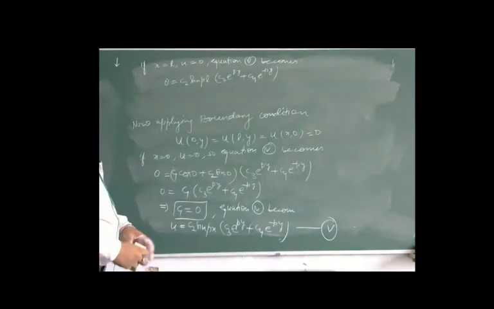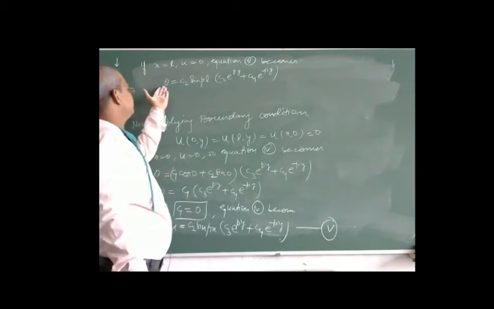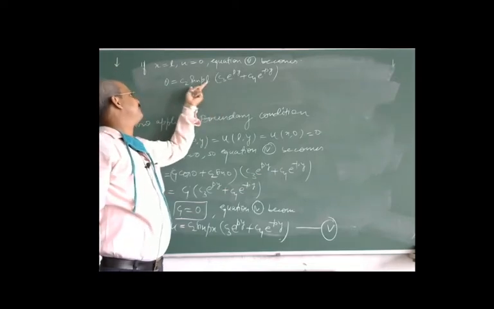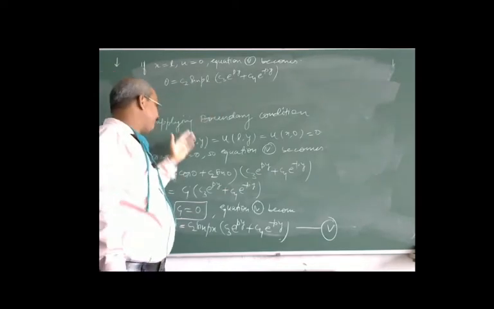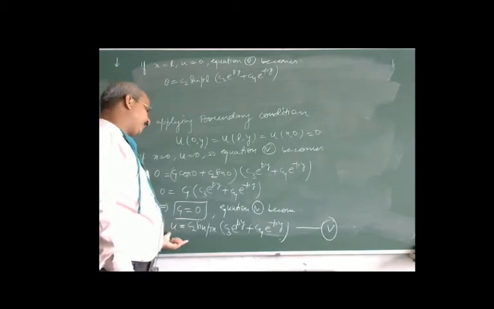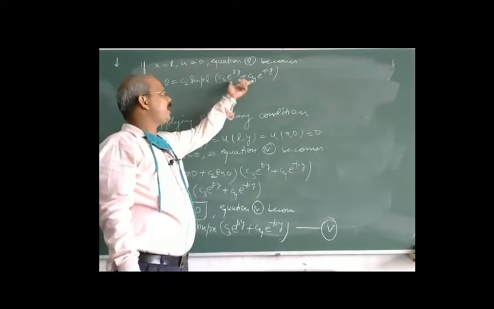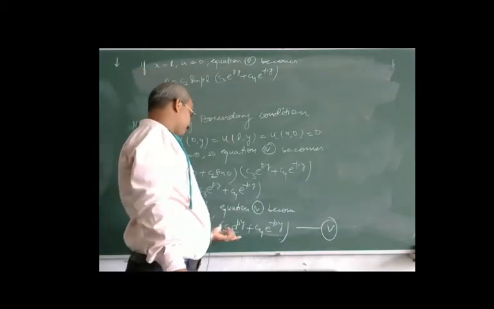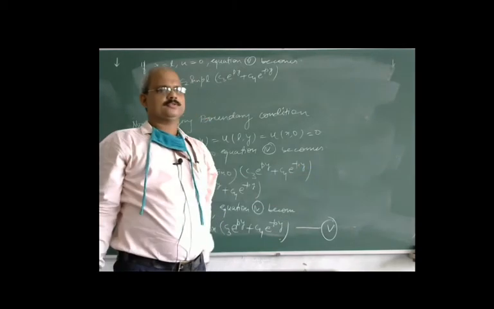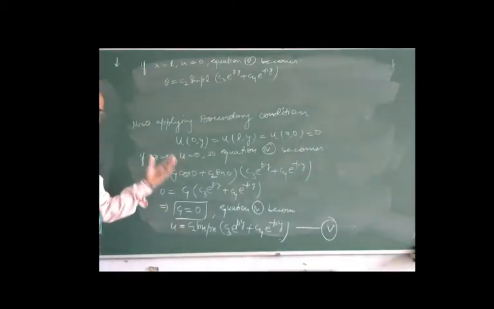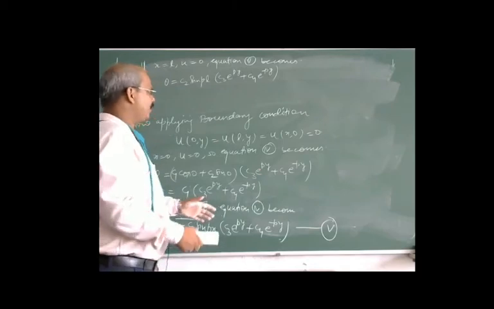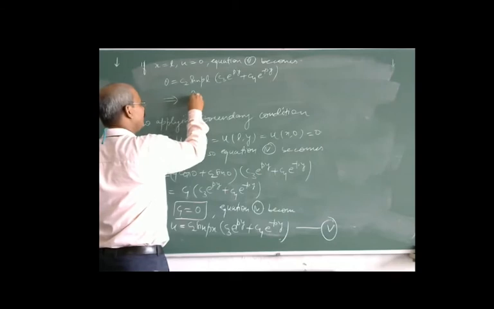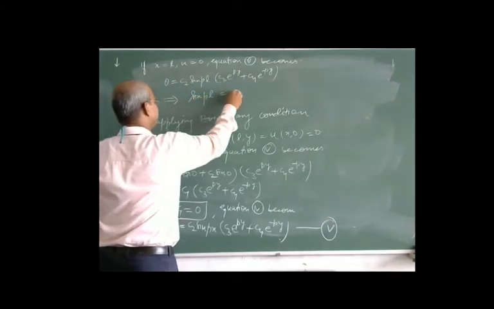Now from here, the left hand side is 0 and it is the product of these three. So C2 cannot be 0, because whenever C2 becomes 0, the whole of equation 5 becomes 0. This can't be 0 either, because after putting the value, this equal to 0 would make the whole equation 5 zero, and the solution of the given differential equation would be 0. Now this implies that this equation holds good only whenever sin pL becomes 0.